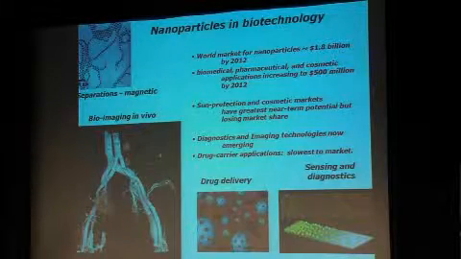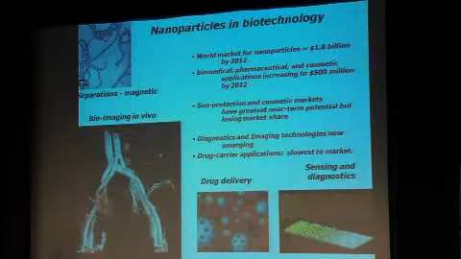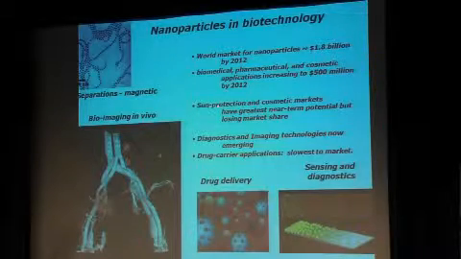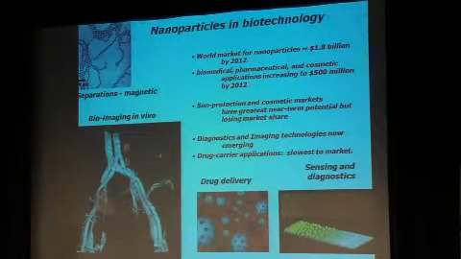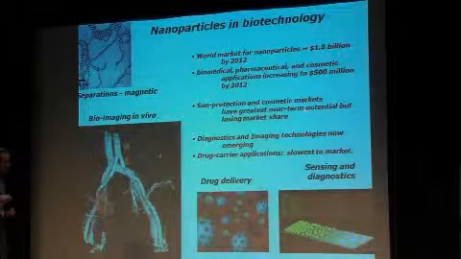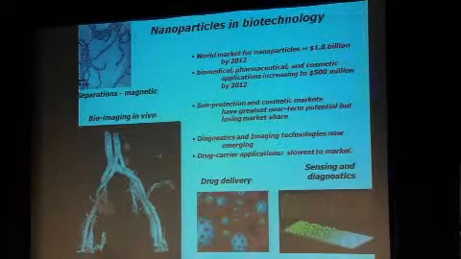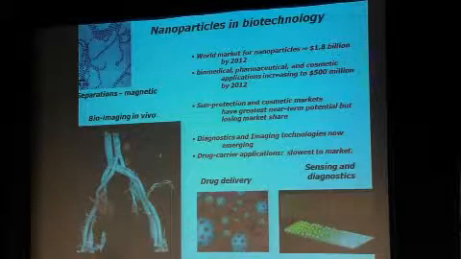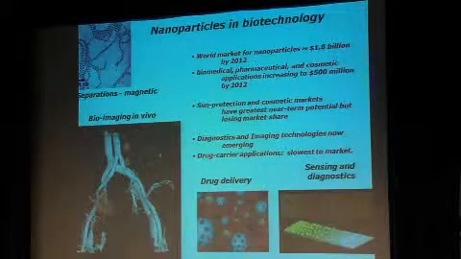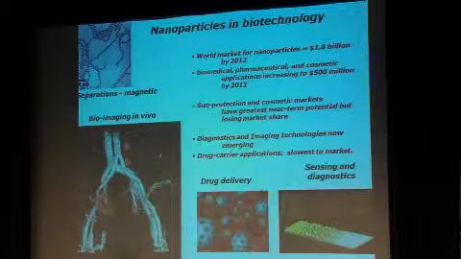And what we're seeing is that the cheap and easy things to get to market are, in fact, going there quickly, so sunscreen protections, things we heard about yesterday, and cosmetics have the greatest near-term potential. But in fact, a lot of these are losing market share, not because they're not important, but because other things are coming up underneath, and the more mature development of longer-term goals is being realized.